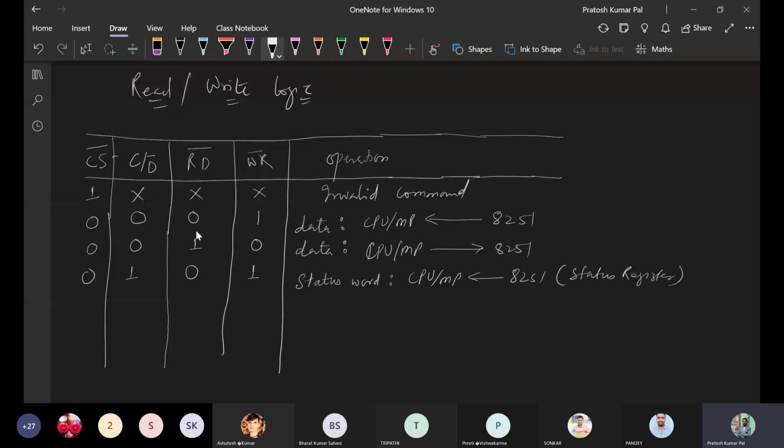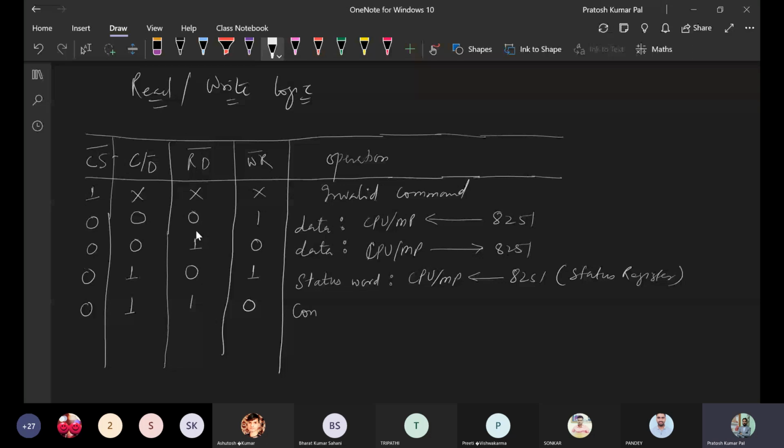The next one is if chip select is 0 and this is 1, and this is 1 and this is 0. That means it is going to write, and what it is going to write is something related to control. So control is activated. It is basically going to write the control word.